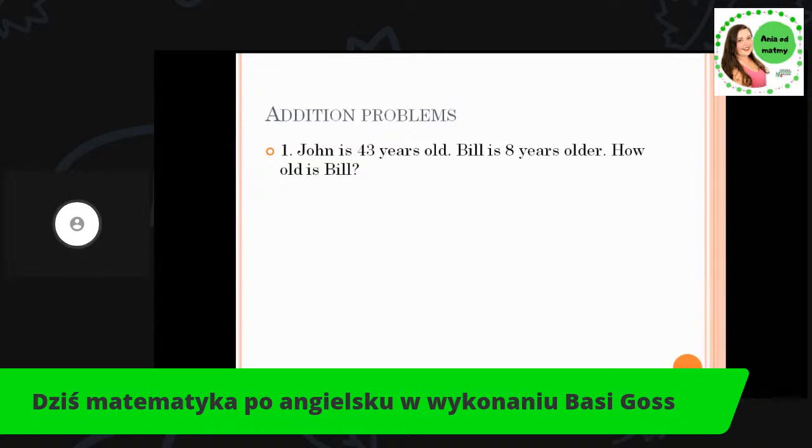We've got problem number 1. Please read the problem with me. John is 43 years old. Bill is 8 years older. And the question is, how old is Bill? So we need to think about what numbers do we have in this question. We have number 43, we have 8,